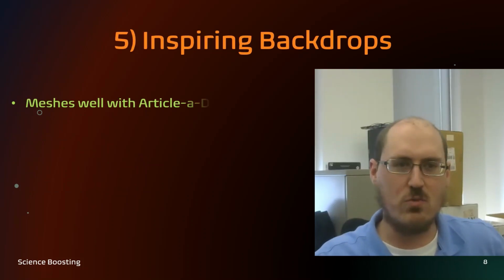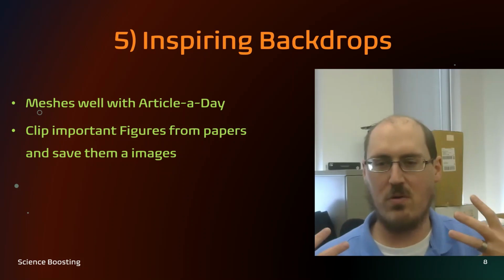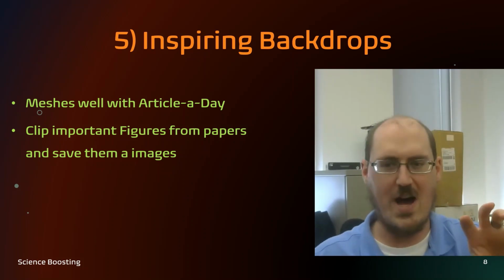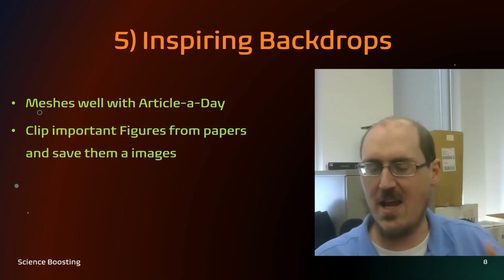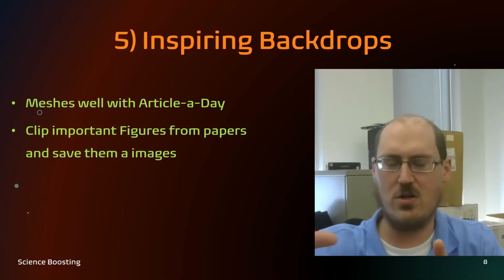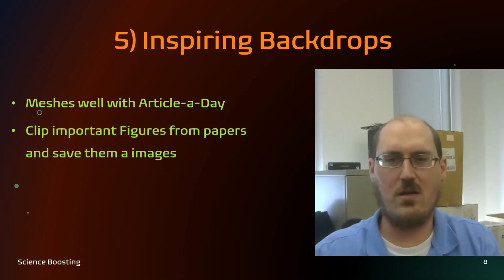Lastly, let's talk about inspiring backdrops. This works hand in hand with the article a day idea and meshes really well with it. When you're reading an important figure or interesting paper, you actually take figures out of that and save them as an image. Then you have these images of really important summaries of research, graphical abstracts, overviews, infographics,